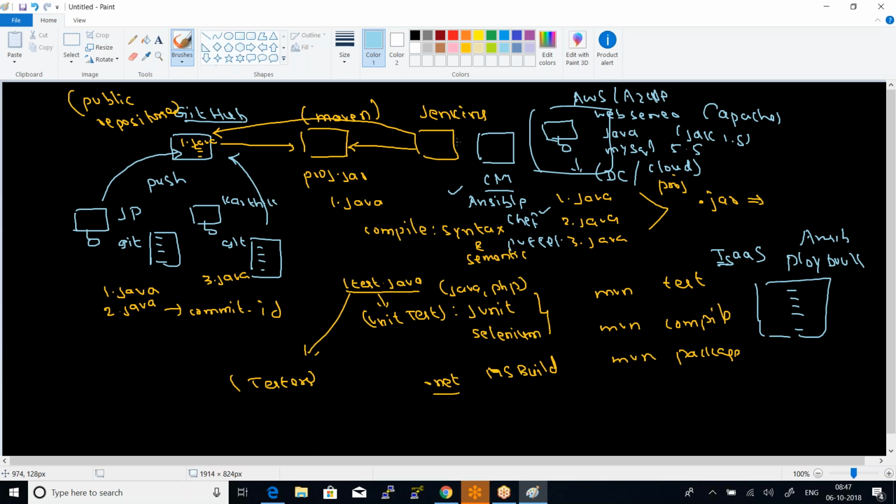So what will it do? Jenkins created a jar, and the jar that is created by Jenkins will be taken by this configuration management tool, and the jar will be uploaded into the infra where it is created. So here comes the role of AWS. Here I want the developer